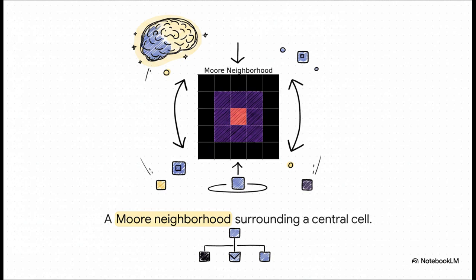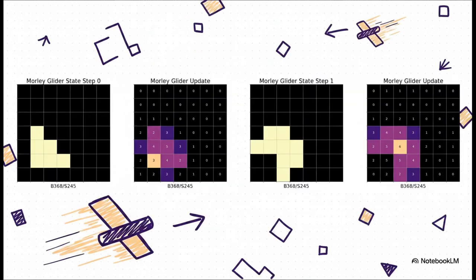Cells live, die, or are born based purely on their immediate neighbors, this 3x3 grid called a Moore neighborhood. It's completely deterministic. You apply a super simple rule, like a dead cell with 3 live neighbors comes to life, and the universe updates. It's basically a perfectly simple playground for an AI agent. And this brilliantly illustrates how wild complexity can emerge from those super simple rules.